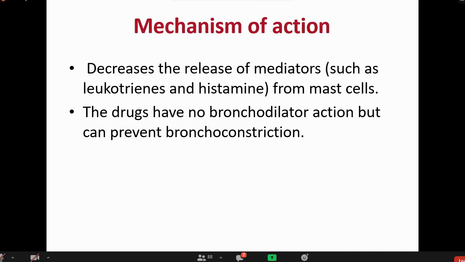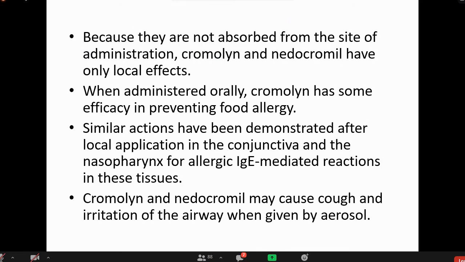Mechanism of action: they decrease the release of mediators such as leukotrienes and histamine from mast cells. The drugs have no bronchodilator action but can prevent bronchoconstriction, right? Because they are not absorbed from the site of administration, cromolyn and nedocromil have only local effects. When administered orally, cromolyn has some efficacy in preventing food allergy. Similar action has been demonstrated after local application in the conjunctiva and the nasopharynx for allergic immunoglobulin E mediated reactions